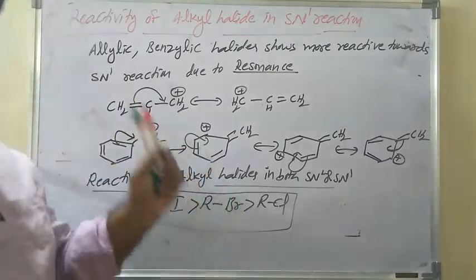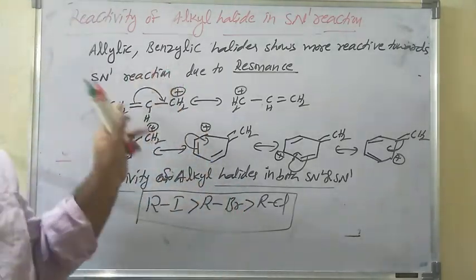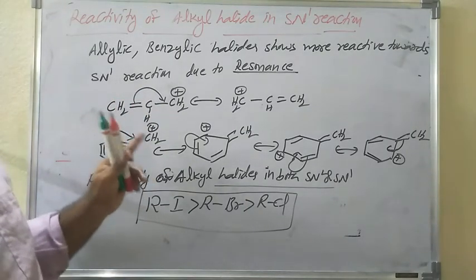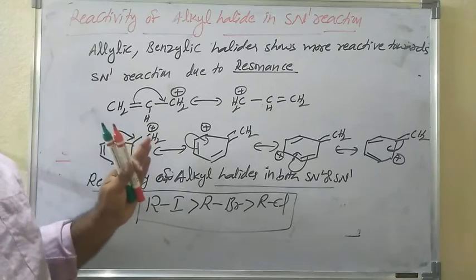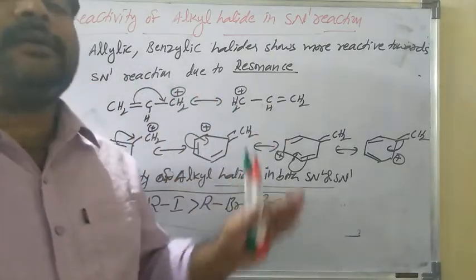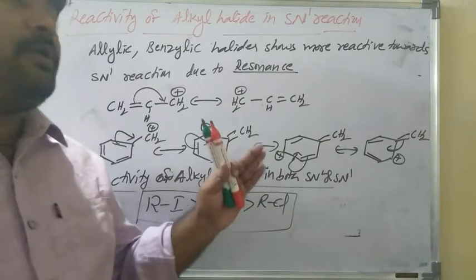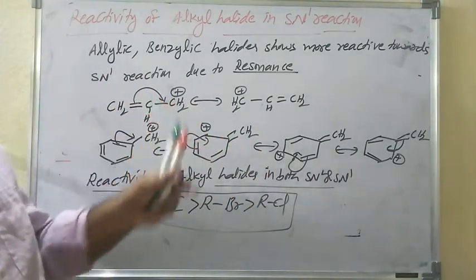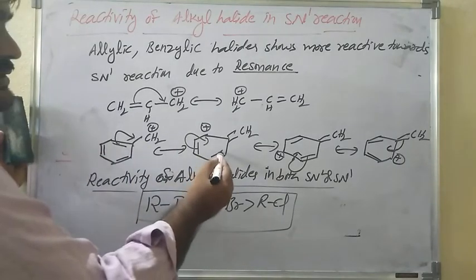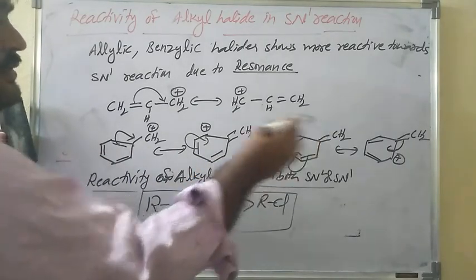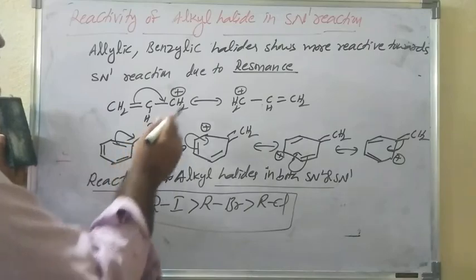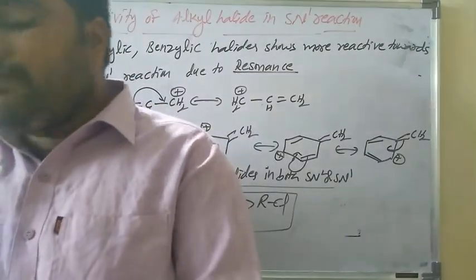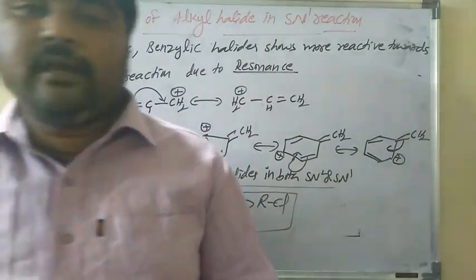along with allylic, this is allylic, already you know how to identify, and this is benzylic. Allylic and benzylic carbocations are more reactive towards SN1 reaction due to the presence of resonance structures. This is the resonance hybrid structure. This is benzylic, this is allylic. So this is the SN1 reaction. It is very important. Okay, thank you.